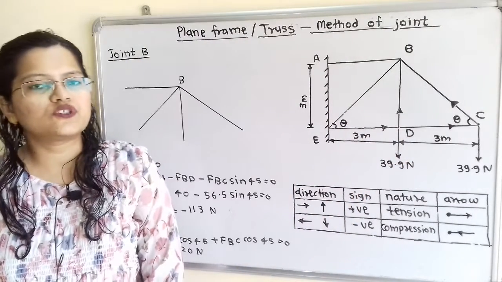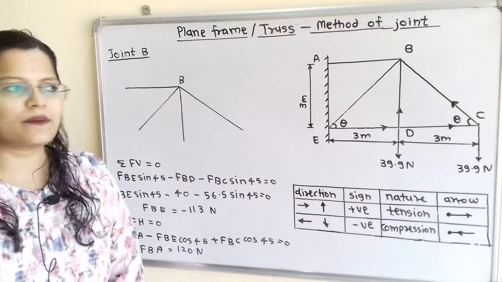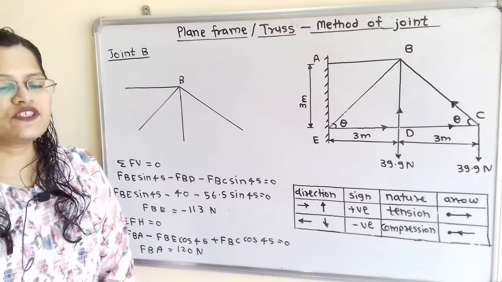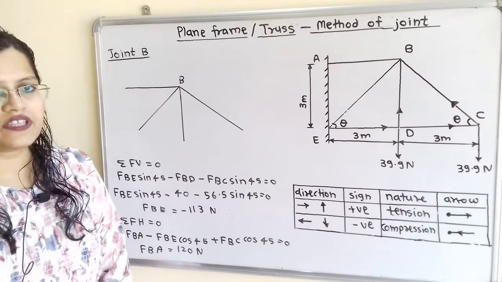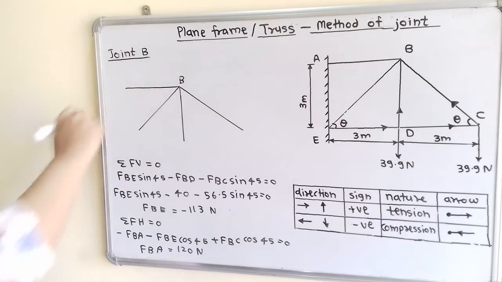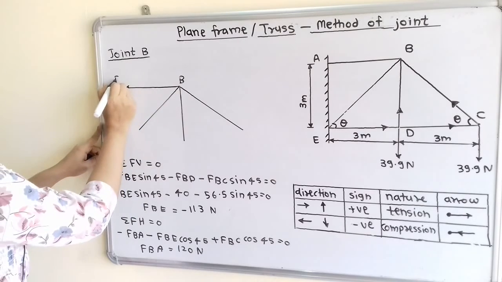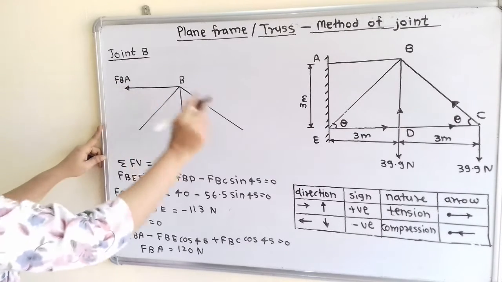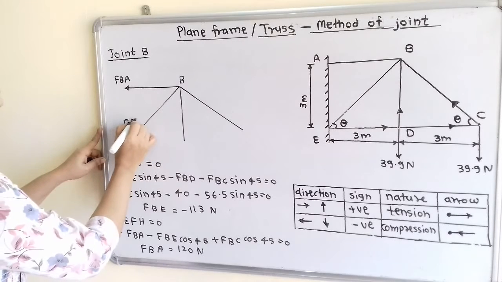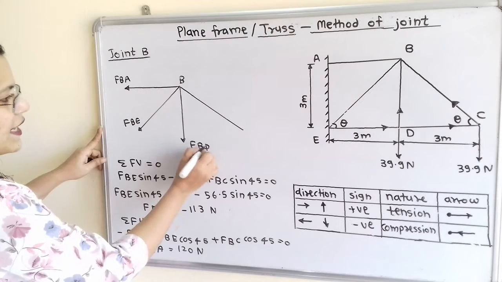Now we will move to the joint B. We have to find out unknown forces in the members AB as well as BE. Now we will show the direction of all the forces in the outward direction. So for this horizontal line, we will show this force, and this force is FBA. Now next point is E, and unknown force FBE. Then next is FBD, and next is